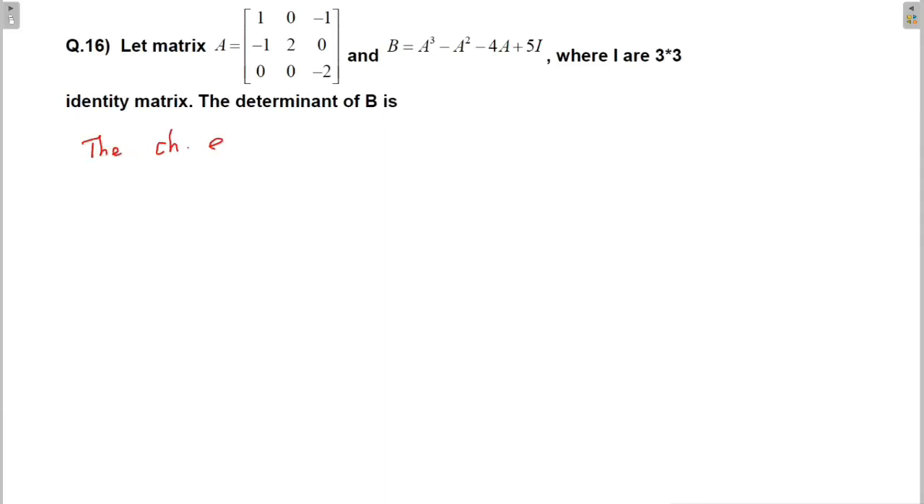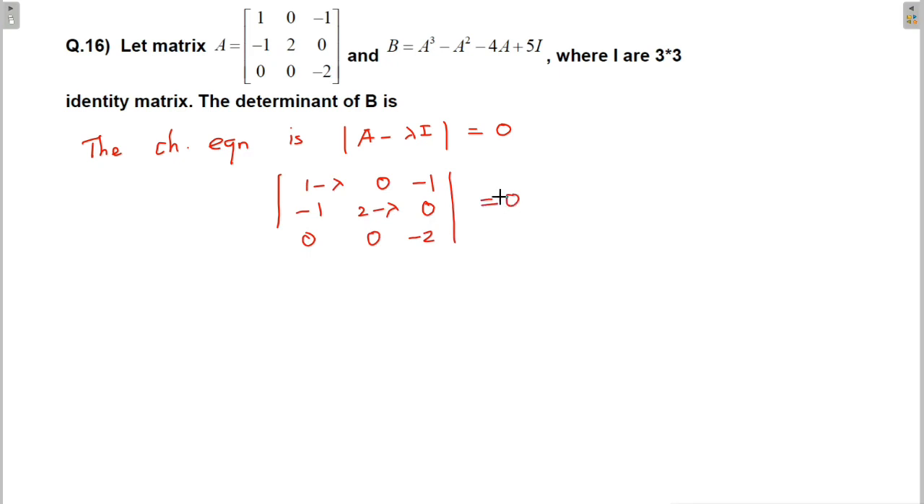The characteristic equation is |A minus lambda I| equal to 0. If you apply it, you get the determinant with entries 1 minus lambda, 0, minus 1, minus 1, 2 minus lambda, 0, 0, 0, minus 2 minus lambda, equal to 0. If you take the determinant, by using this term, I am going to take a minor